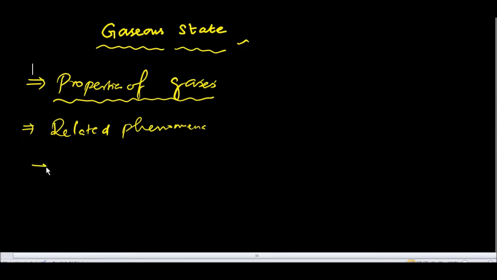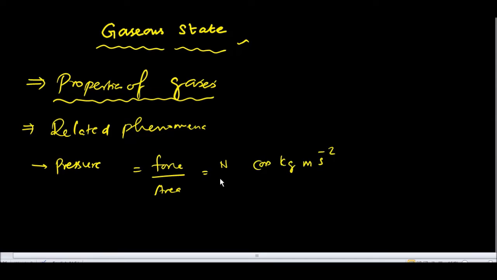What is called pressure? Generally, pressure is defined as force by area. We know the unit of force. The force is either expressed in Newton, otherwise it can be given in kilogram meter second power minus 2, and the area is to be noted in